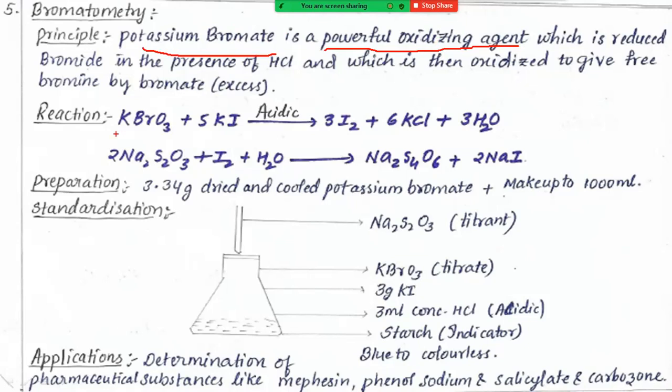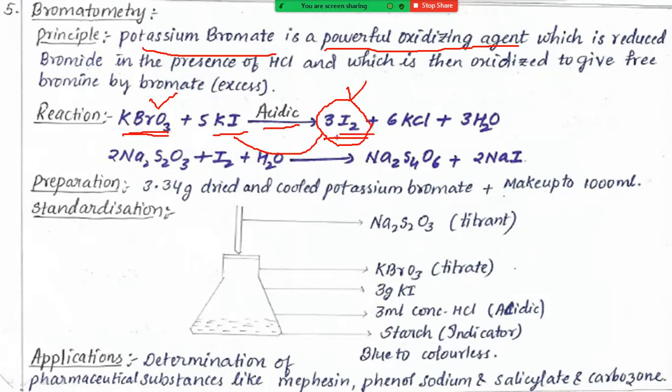Here also, potassium bromate will be useful for releasing iodine. Iodine is not directly added. Here iodine will be liberated from potassium iodide in the presence of potassium bromate. For releasing the iodine from potassium iodide, we require one important oxidizing agent, that is potassium bromate. This reaction occurs in acidic medium. If you provide acidic medium, only then can we release the iodine molecules in the solution. If you don't provide acidic medium, we cannot get any iodine from potassium iodide.